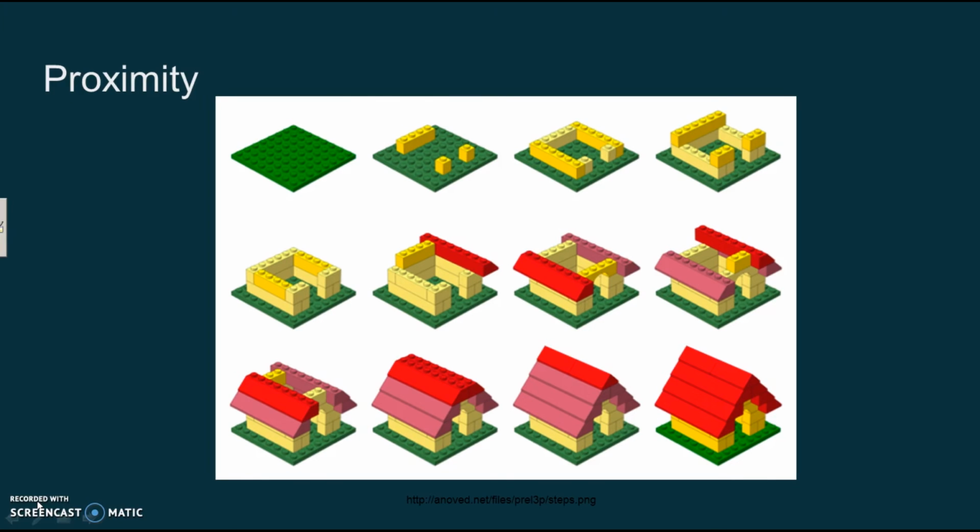And finally, the principle of proximity. This has to do with the tendency of the mind to group elements based on their closeness to each other. So in this example, we have instructions on how to assemble a Lego set. Now, if you're like me, you've probably assembled a lot of these. Probably every Christmas for the last several years I've assembled at least one Lego set. And I really like the way that the instructions work because they have all the steps grouped together like this